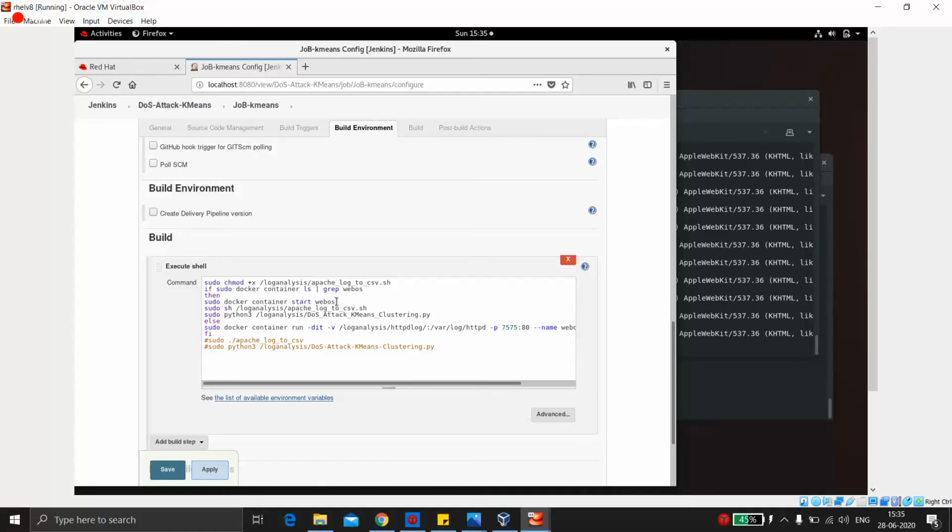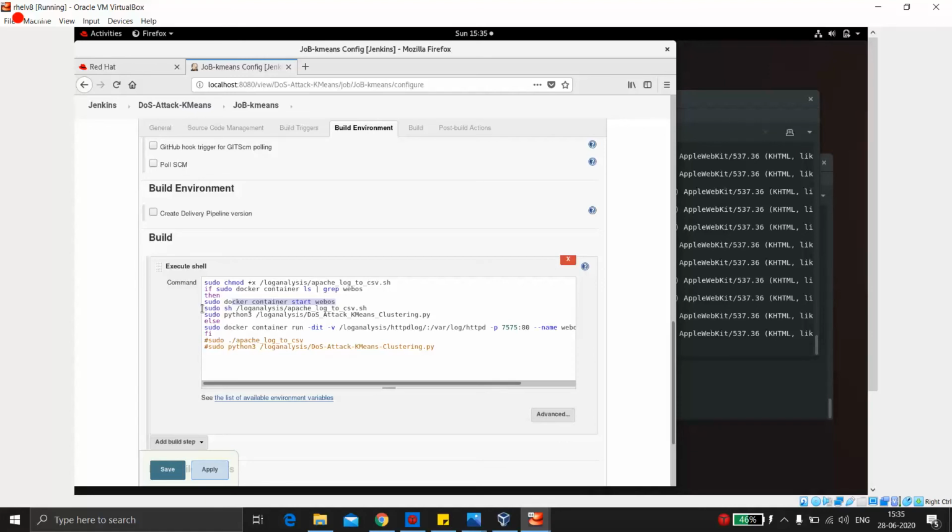So why I have written this is that by chance, by any mistake or any system failure, if it fails between this, it would stop. It would not terminate. However, it would start again. So if you remove the command, there is no big deal. It would still run the same.